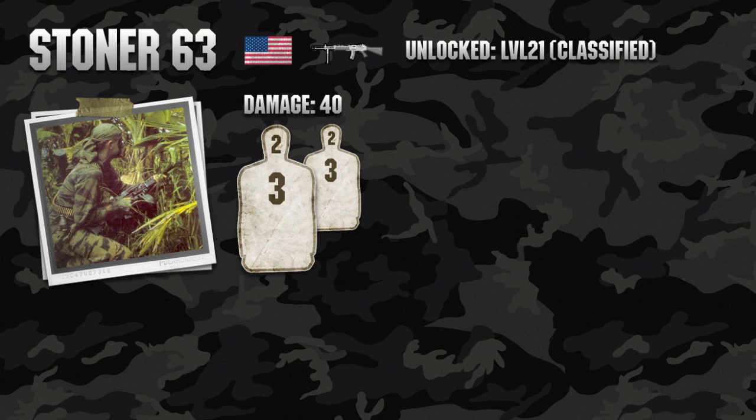And in Black Ops it's available as a classified LMG, which means you have to buy all the other weapons before you get to unlock this classified Stoner 63. So you've got to wait till level 21 and then purchase all the other weapons, the HK-21, the